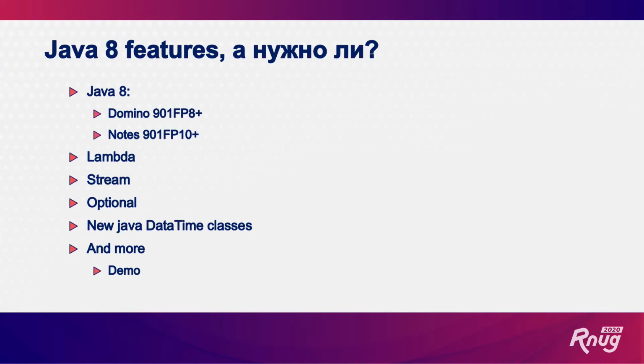Then if we talk about lambda and stream with optional, for me, it's quite difficult to see it with Lotus objects, because the example that I've shown you is not quite a working one. You will not get such tasks in life. While optional, you'll probably be able to use that. You'll probably have some function that can return the documents. Indeed, it can help you. But as to lambda,